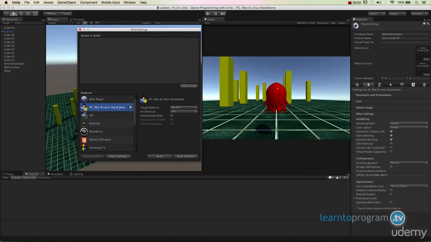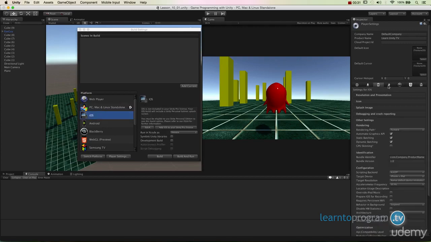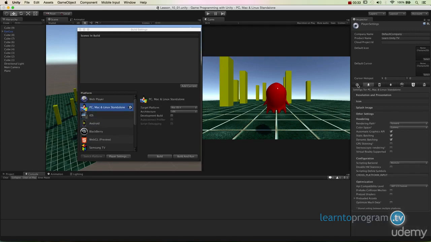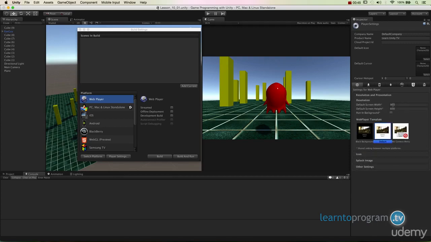All right, now what I want to show you is over here is our quality settings and our player settings. So I'm clicking right here on our player settings. And you can see over here we have all of the settings for the different players. Let's just look at our first three. Now, a lot of these are specific to the targeted platform. So if I'm going to go to the web player here, and this is what this denotes here, this little web world thing, we can change our resolution, right? So this is the resolution it's going to come out at if we're using the web player. And we can change the icon,